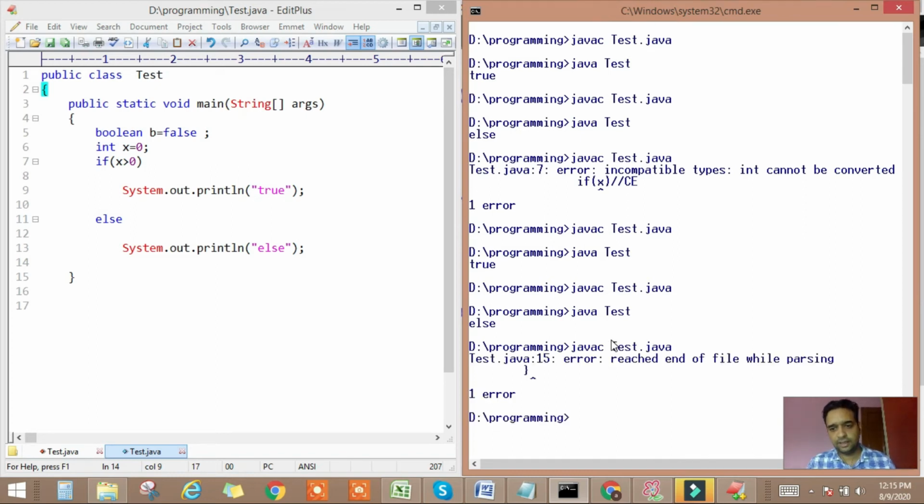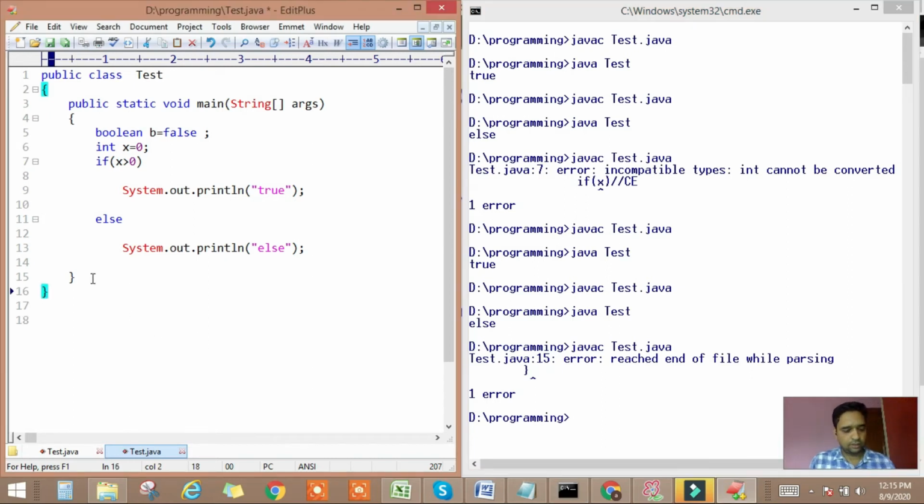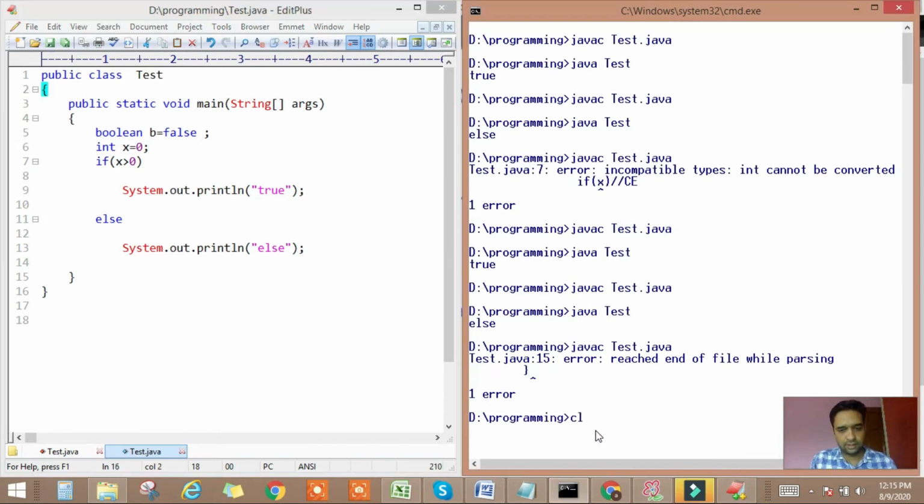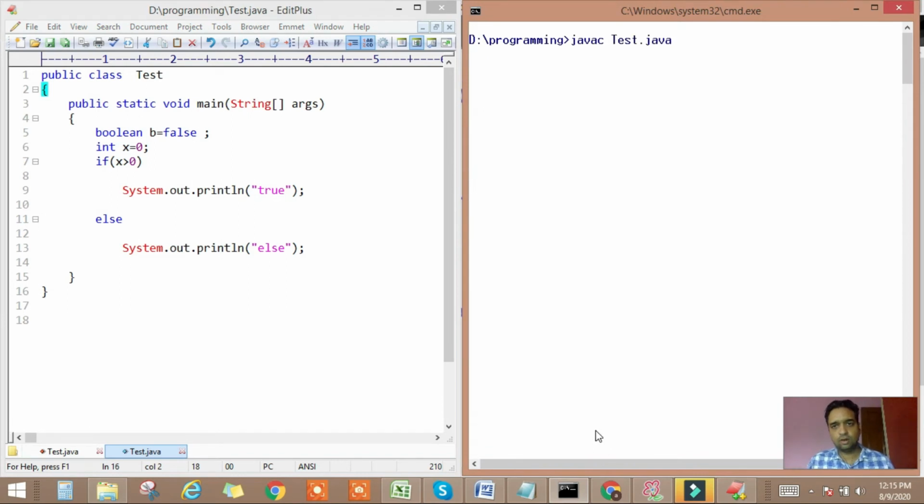Only in case of a block of code is the curly brace required. Otherwise, if there is a single statement inside the if statement, then the curly brace is not required.